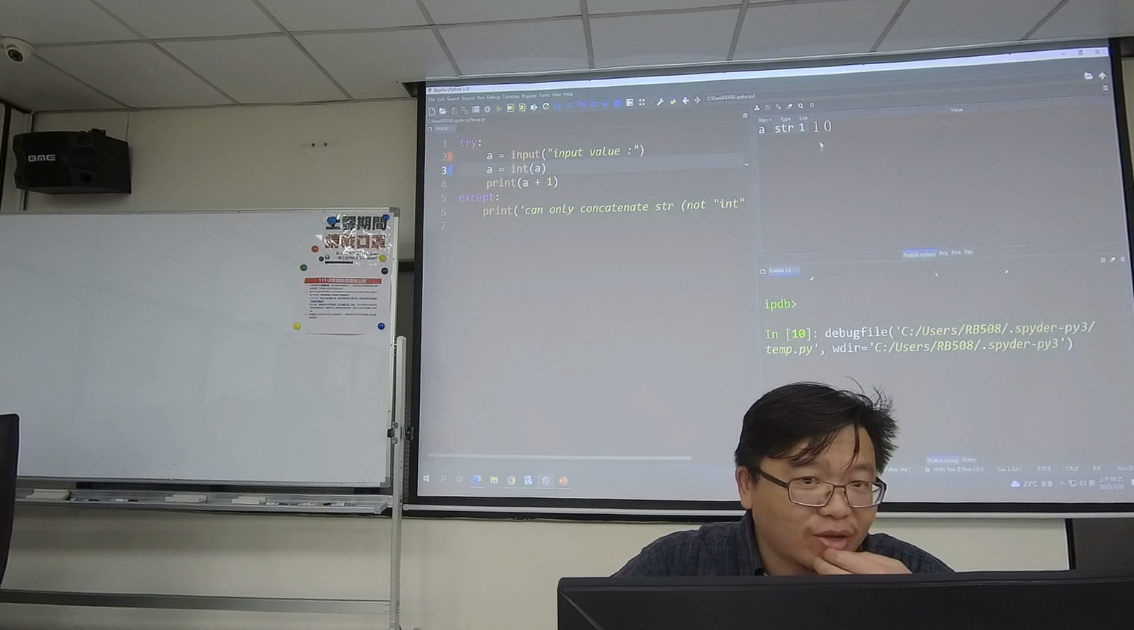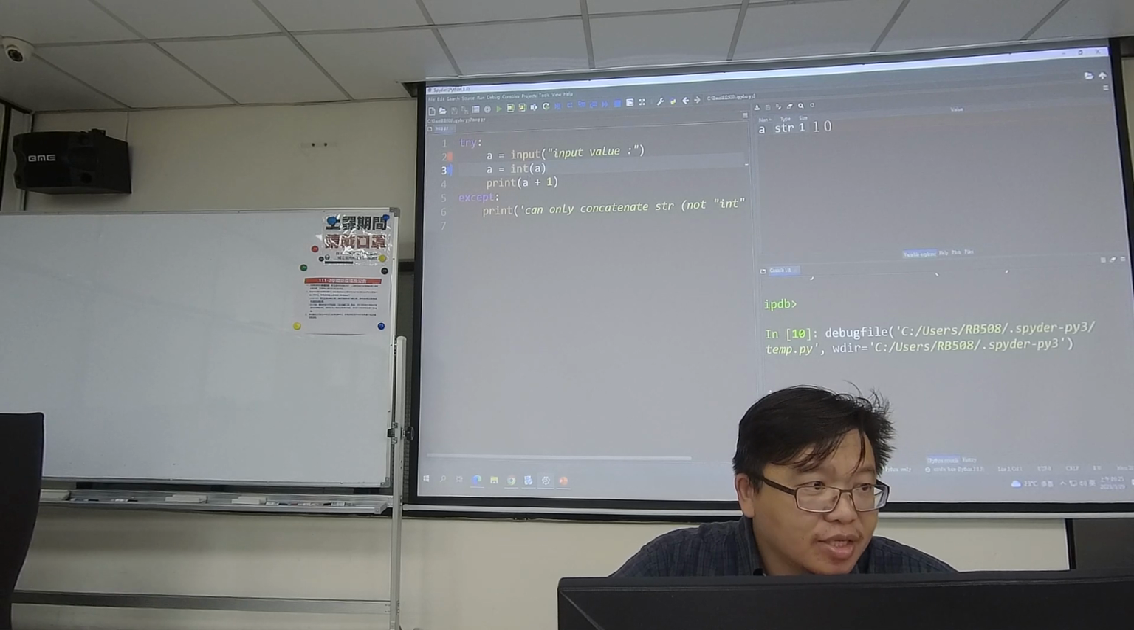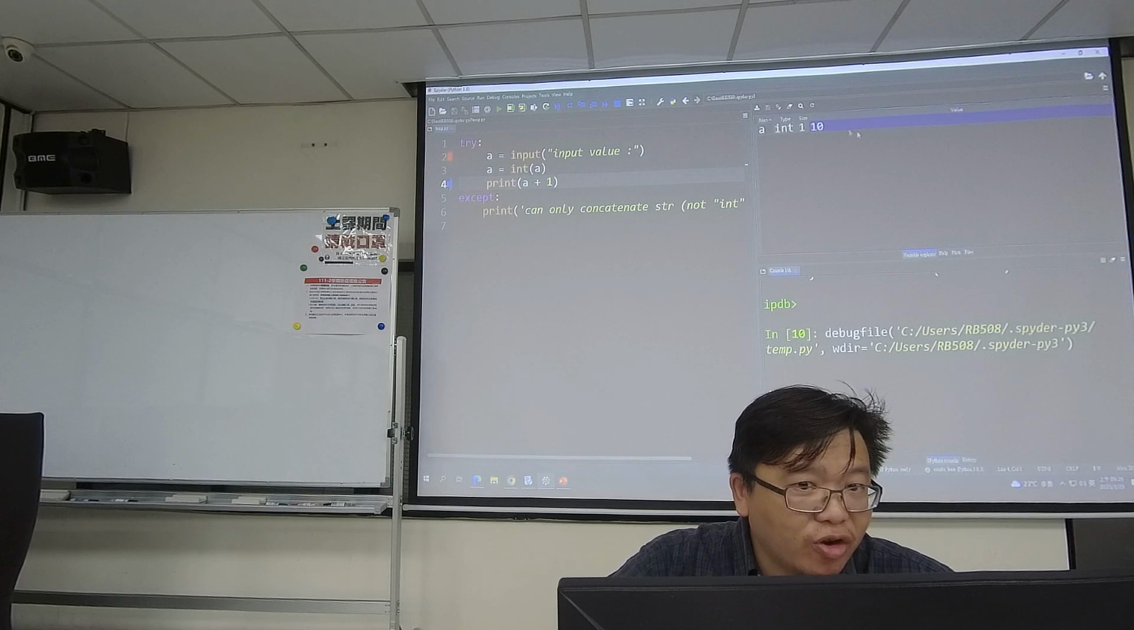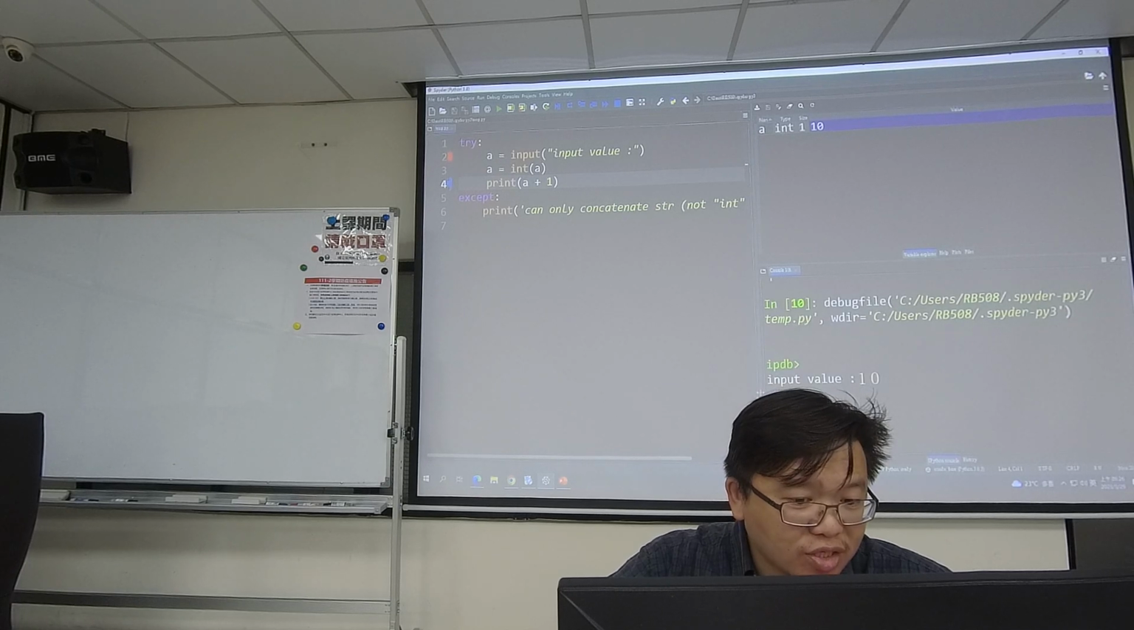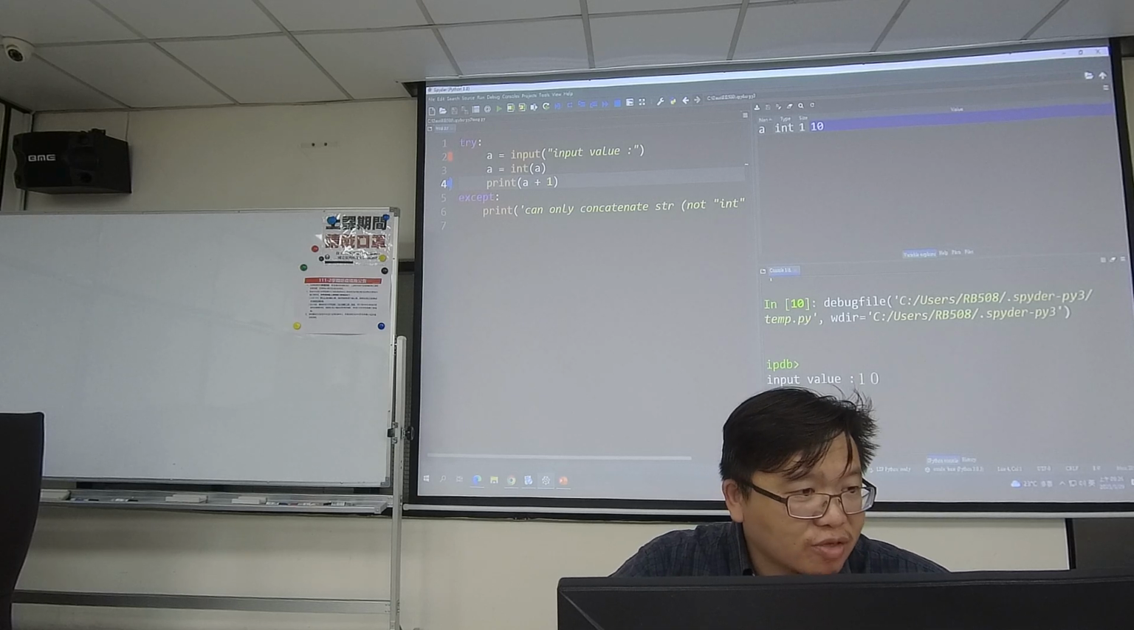Okay, it's containing 1 and 10. And if I run one more line, A equals to integer A, it converts the string into integer. So when you print, this is an integer summing another integer. So as a result, you have 11. It's a successful